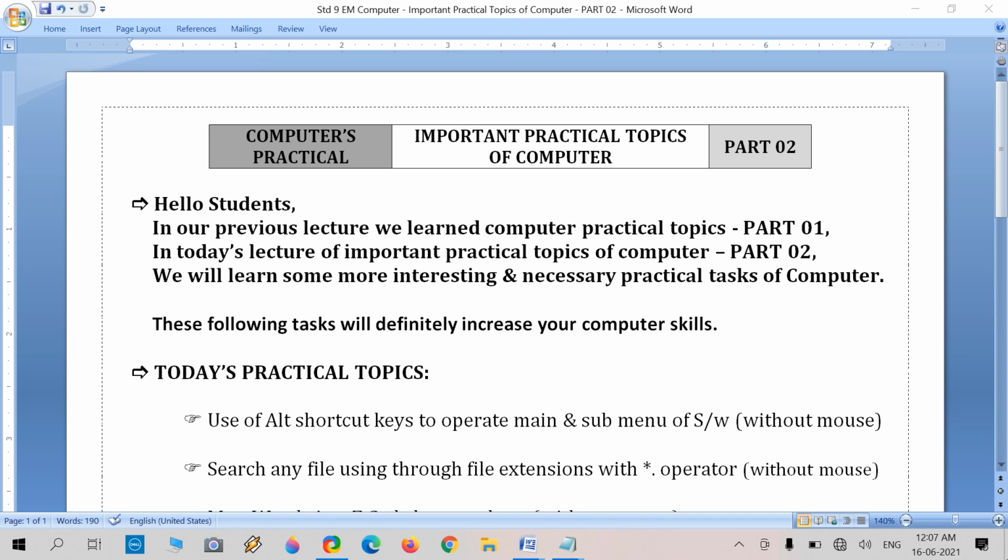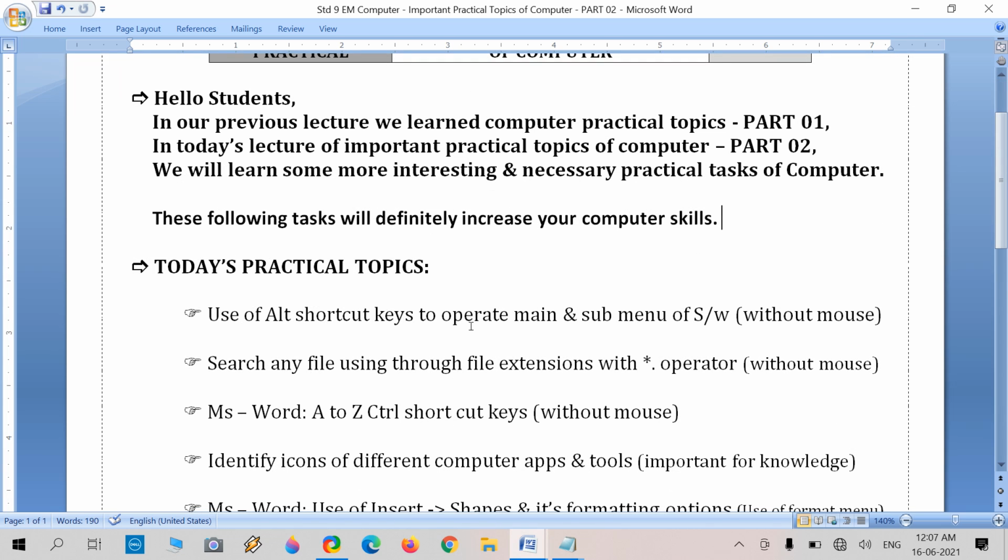In today's lecture, we will continue with part 2 and new topics. We will learn some more interesting and necessary practical tasks of computer in this part 2 section.